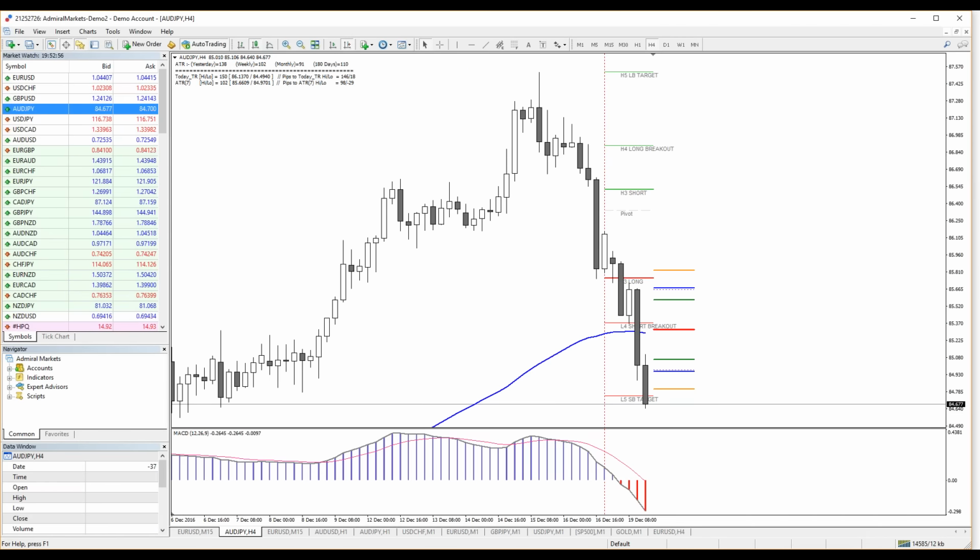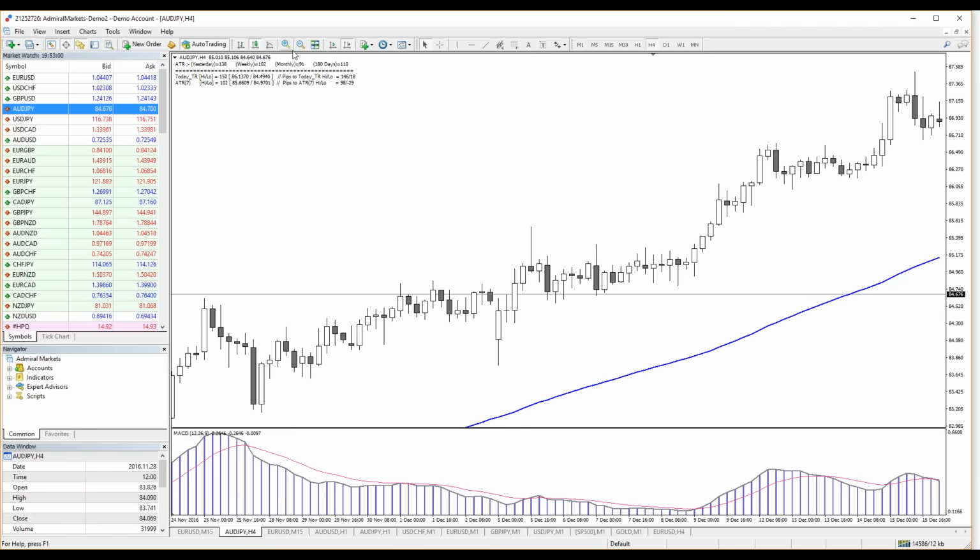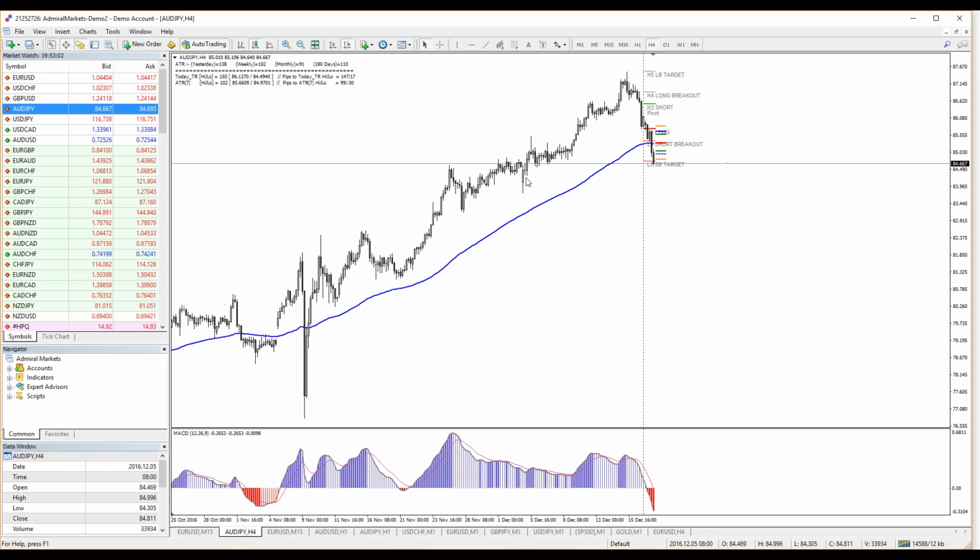Australian dollar yen. I don't have any setup on Australian dollar yen at this point. Maybe you should watch for, you see it's here, 84.60, so it could reject. I mean, it could drop, but then later it could reject. So watch for this level. It's a bearish, or bullish order block and L5 support.